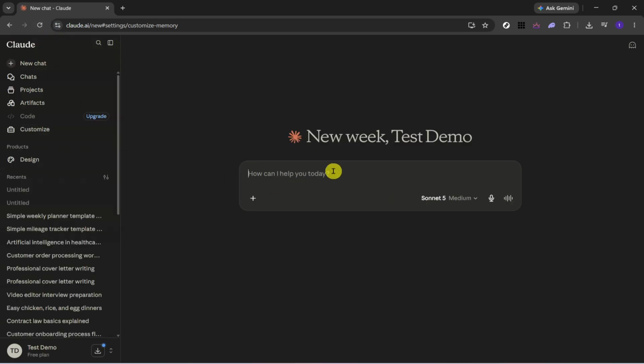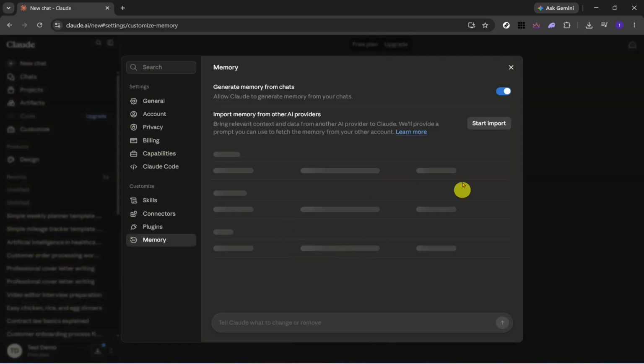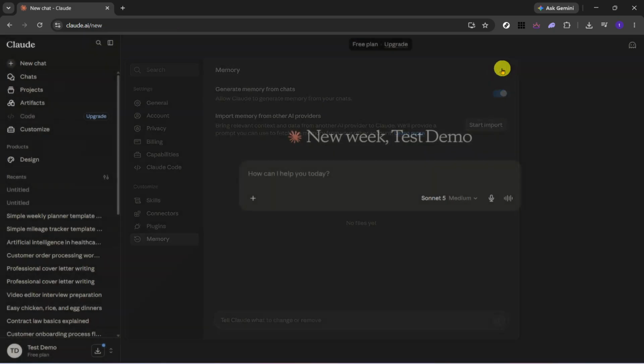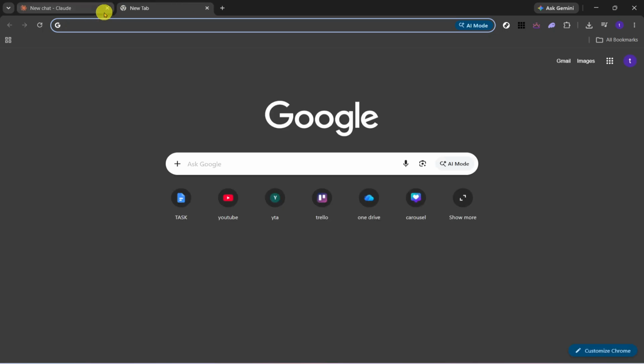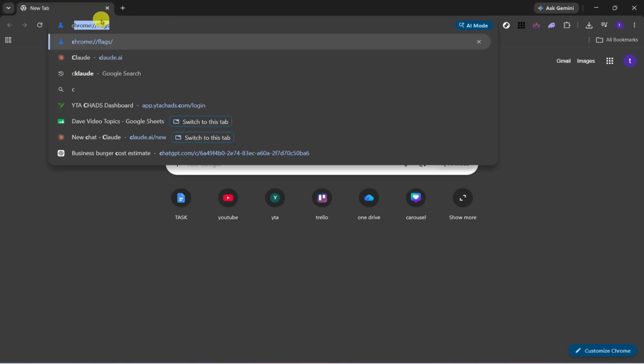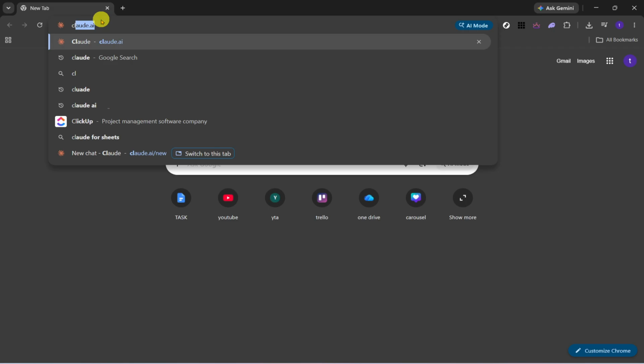If refreshing doesn't solve the problem, the next option is to fully close Claude and then reopen it. This can be especially helpful if the session is stuck or if part of the interface didn't load properly. After reopening Claude, return once again to the new chat screen and let everything load completely before checking for the